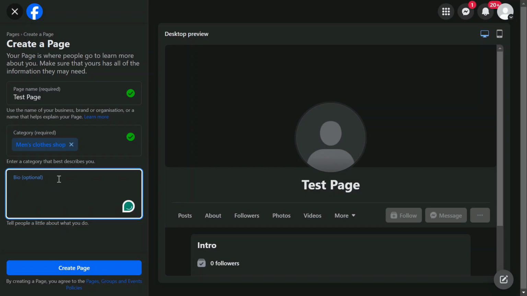Here you can add the bio. It is optional, you can add it later on. If you don't want to do it right now, just skip that. But if you're creating a business page, it is highly recommended that you write your bio here. And if you don't know what to write, I would recommend that you ask ChatGPT, give it some details about your page, and it will give you a good bio which you can just paste here,